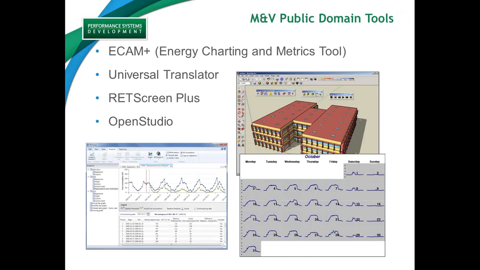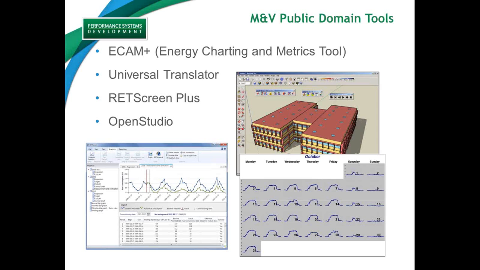In our CMVP courses that we teach, in general, we only use public domain tools when we're teaching these principles. Here's an example. The slide covers 4 possible tools that we use depending on what type of M&V is being implemented. ECAM, which is Energy Charting and Metrics tool, it's a free add-in that runs inside Microsoft Excel. You'll see a screenshot of that to the bottom right of this slide.